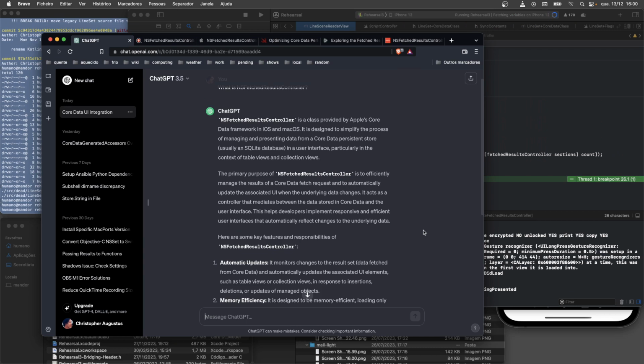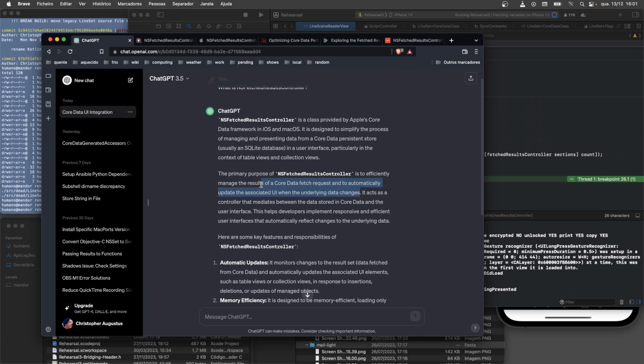And they're basically saying, look, we're going to give you this mechanism that glues to our Core Data ORM, where we've kind of buried the complexity of SQL database access and data transformation for you, and the objectifying of non-object data. And you would have to just deal with that and then present it to the UI. We're going to bolt this thing on top of that. That's what I'm gathering this does. I mean, it says right here, the primary purpose is to efficiently manage the results of a Core Data fetch and to automatically update the associated UI. So we're giving you a way to bolt your UI view on top of your Core Data,